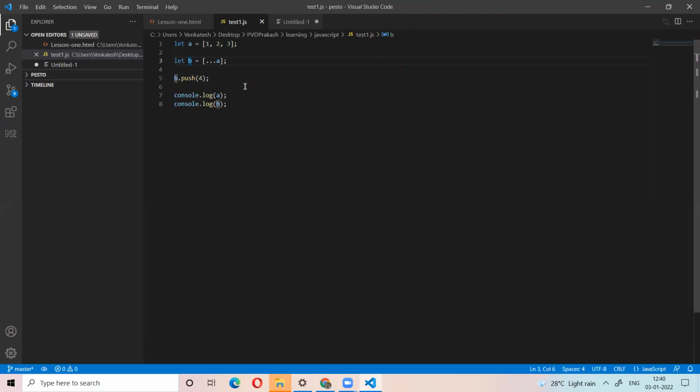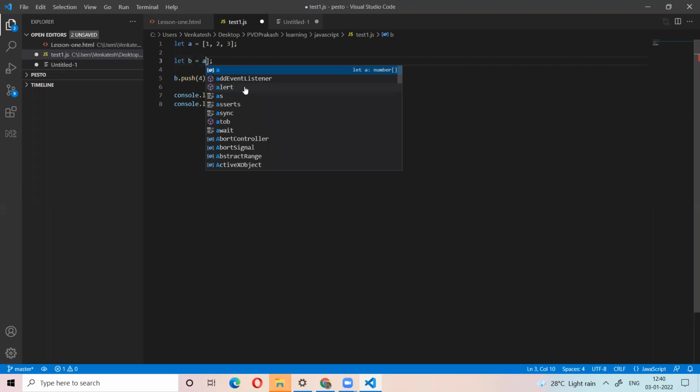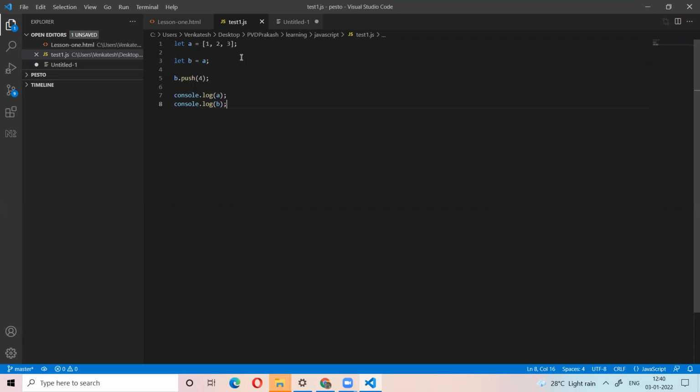Somebody may get confused and ask like this. Now tell me what is the value of B. You may think only B will change, so A is 1, 2, 3 and B is 1, 2, 3, 4, but that's not correct if you are assigning the value or copying an array directly, because it will take the whole memory location. That's why it affects both. But if you use the spread operator, new memory will be created for the B array. Do people understand?